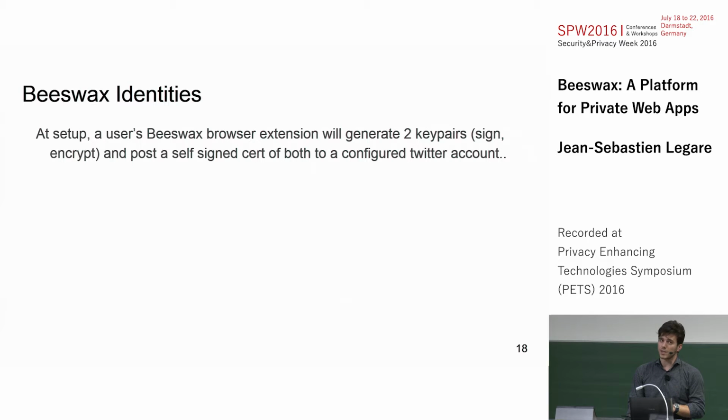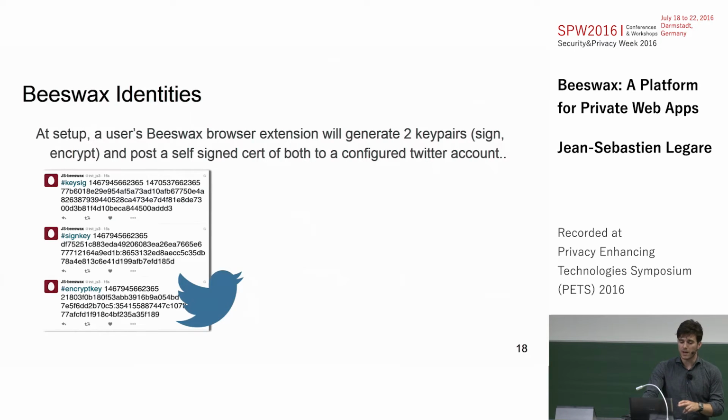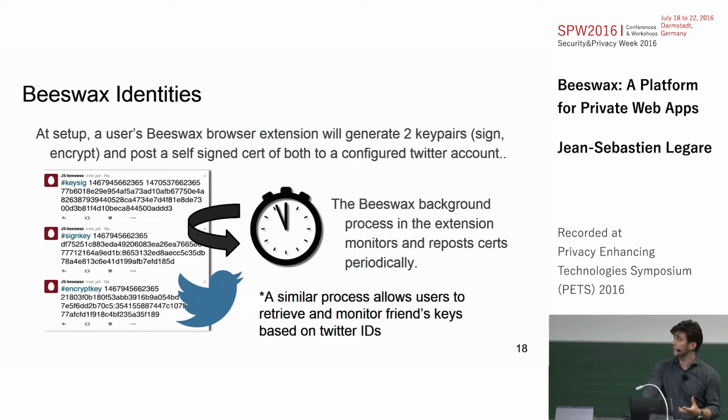So basically, when you set up the Beeswax extension, the extension will generate two key pairs for that user and associate that with Twitter. The user will specify a Twitter account to associate it with. And the Beeswax background process will post the keys to the Twitter account of the Beeswax user. And these keys have an expiration. So we have a good practice of reposting these keys every few days. And that gets us around a few Twitter limitations as well with regards to